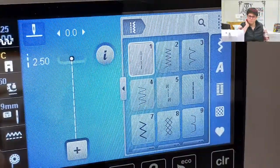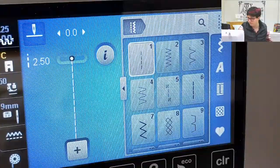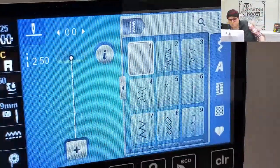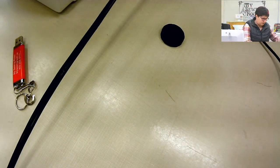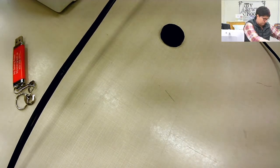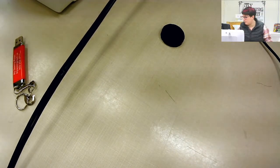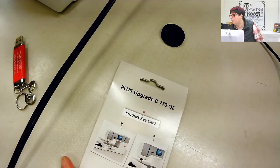So I'm going to just flip over to the machine. Oh no, maybe I'll show you the other things that come in the box. Hang on. So inside the box for your upgrade, you're going to get your product key card,